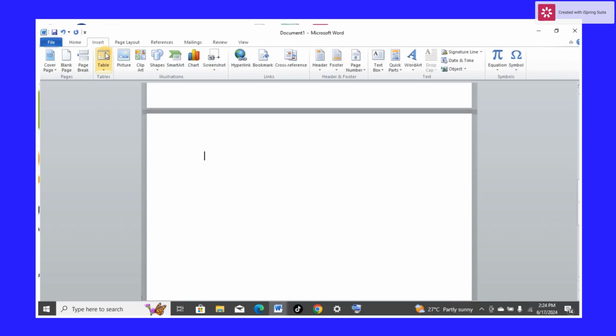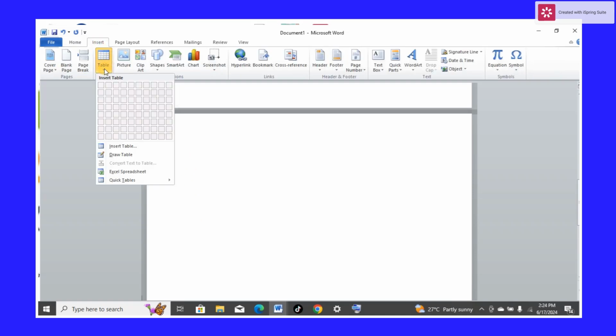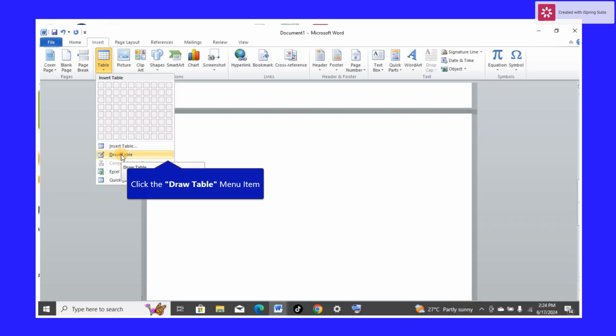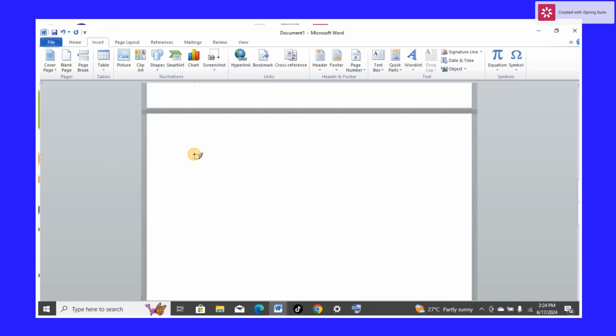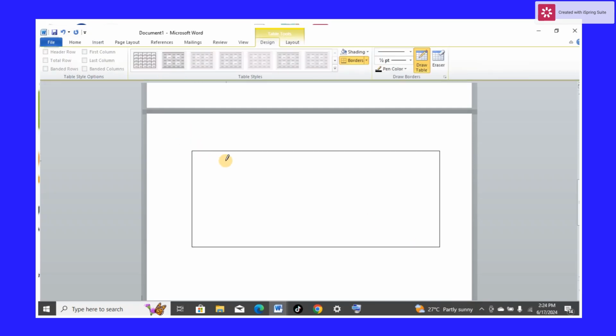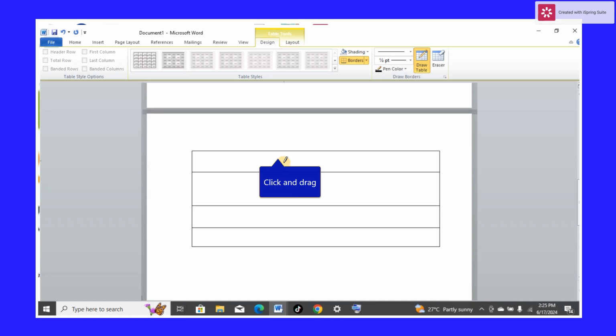So you go to insert, you come to draw table, click here. Once you click here, it changes to a pen. All right, you can draw now your table manually as you want. Okay, and anywhere that you put this pen, it starts there, it goes a straight line. It can be a straight line, or you can open as another cell. So if you want it to be a straight line, just arrange it to be a straight line. Then you can equally start making your columns